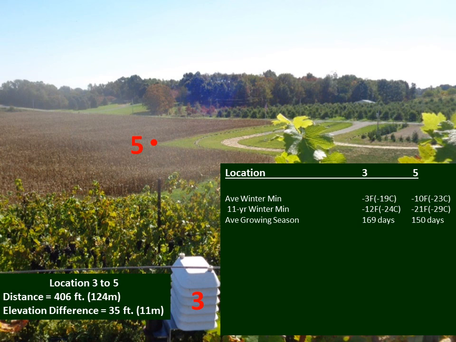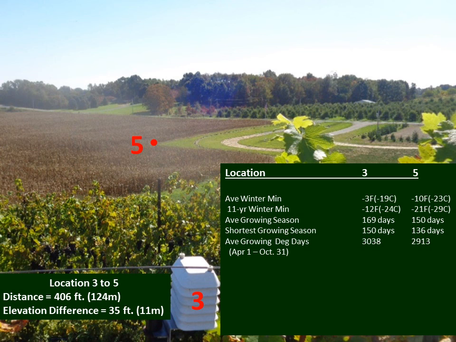The average growing season, 169 days where we're standing, 150 days down in the valley bottom, 406 feet away. And if we take the very shortest growing season, 150 days where we're standing, 136 days down in the valley bottom. And the average growing degree days,